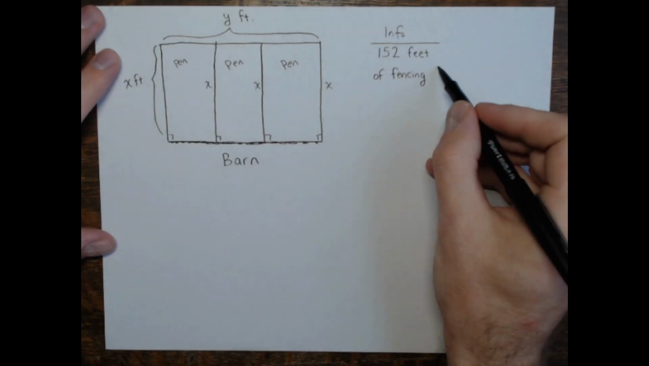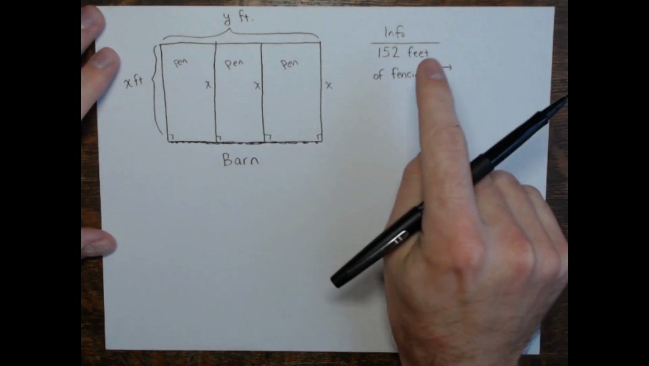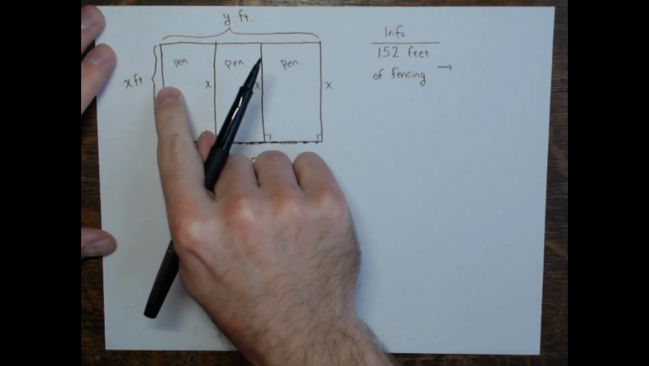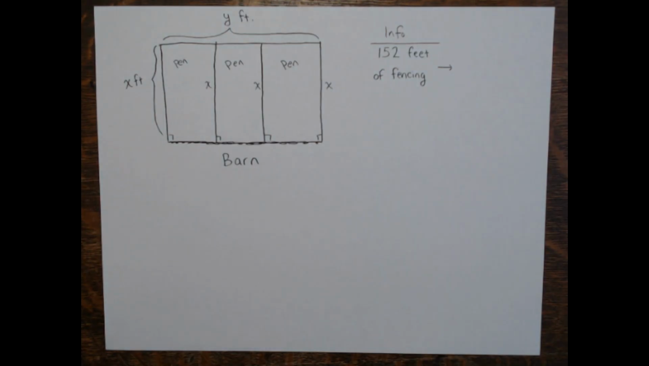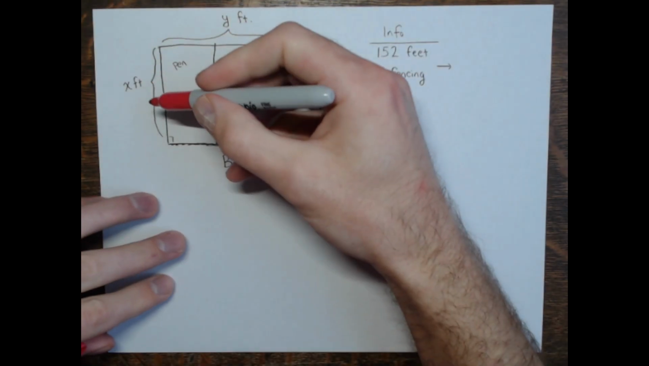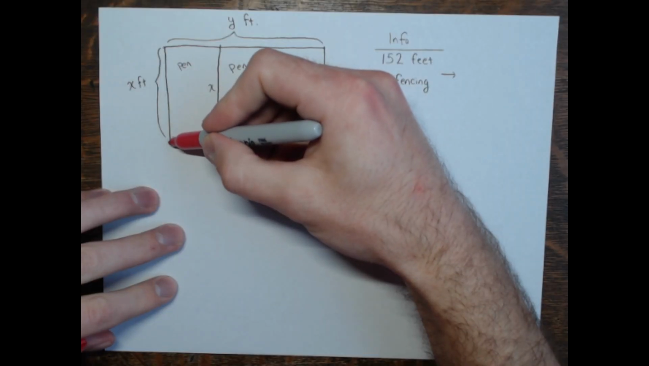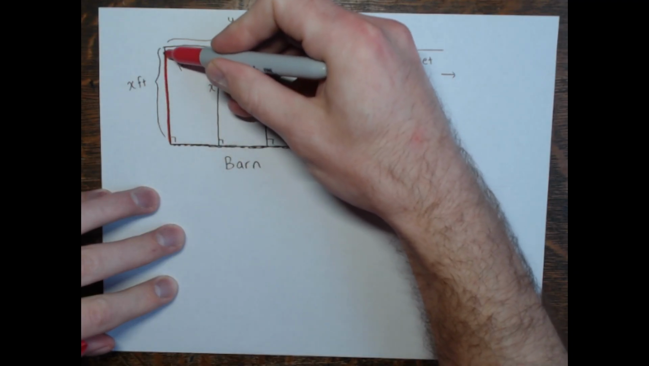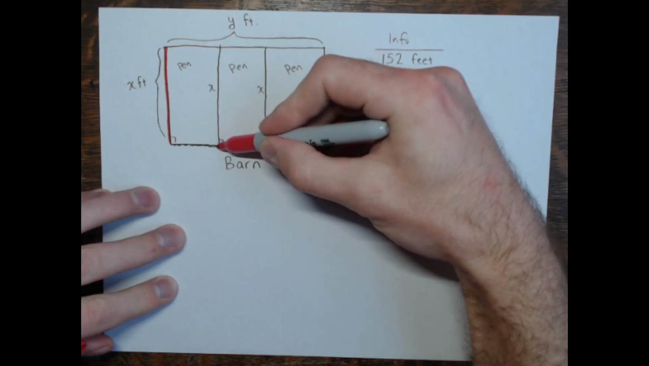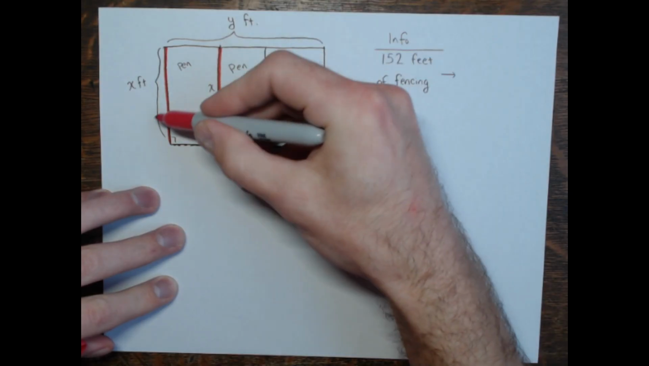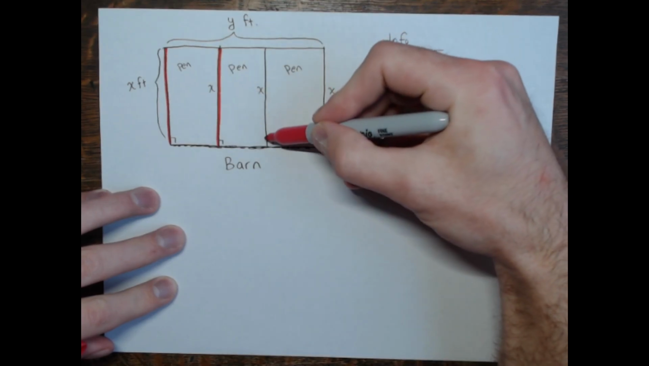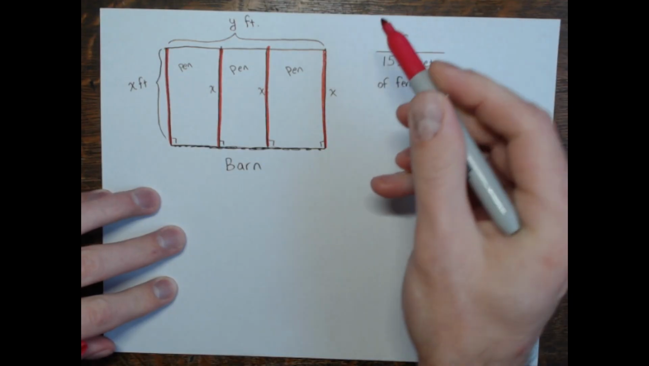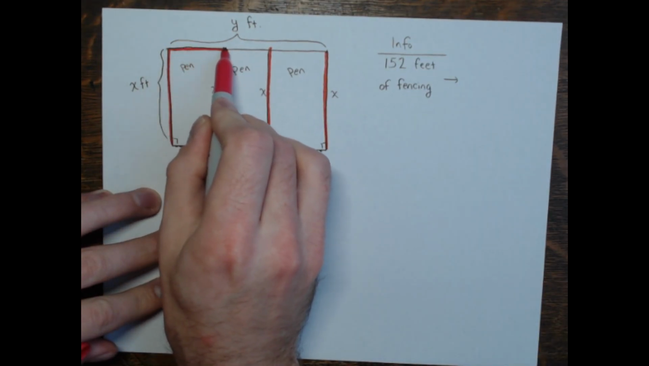Now, I'm going to tie this information to the letters that were being used. Make a little equation out of this. So again, I'll just highlight in a different color here, in this magenta color, all the pieces of fencing that we're actually using. All right. So there's X feet, X feet, X feet, X feet, and then this,